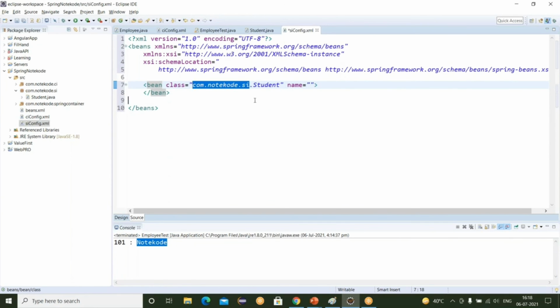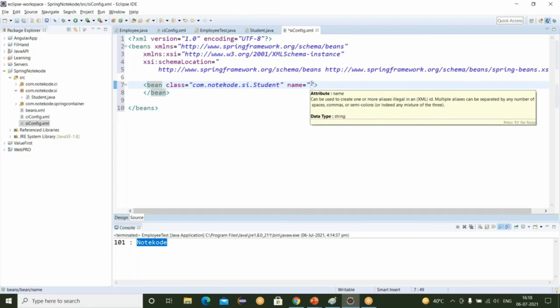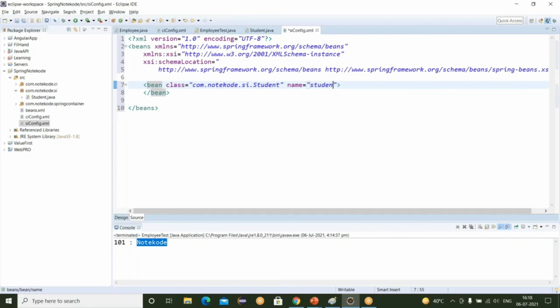Okay, com.notecode.si is our package name and Student is our class name. And let's take here the reference like student. Okay. And in this, we have to inject the dependency using the setter method. So here we are using the property element tag.